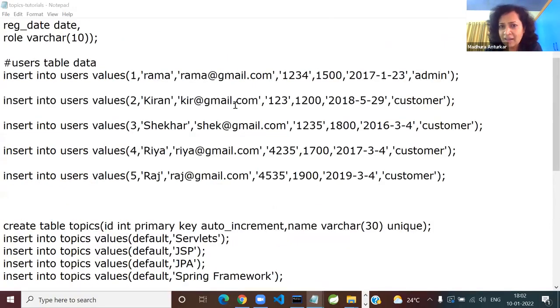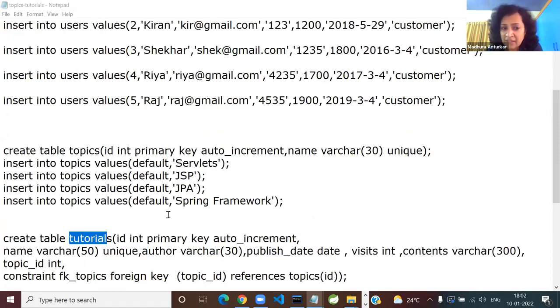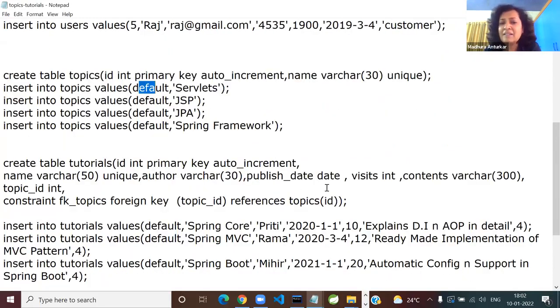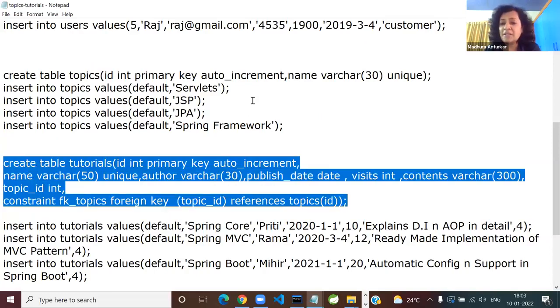I just added certain users and created certain topics. Everyone knows default keywords, so I auto incremented and all that. The slightly interesting table is tutorials, which has the rest of the things, and this is your foreign key constraint. Multiple tutorials can refer to the same topic ID.